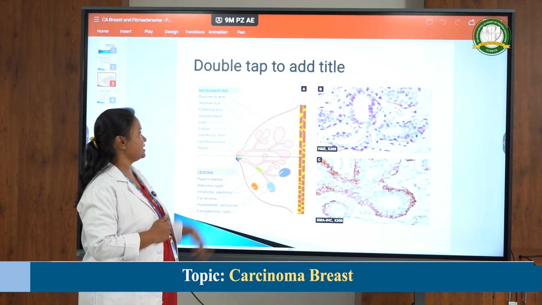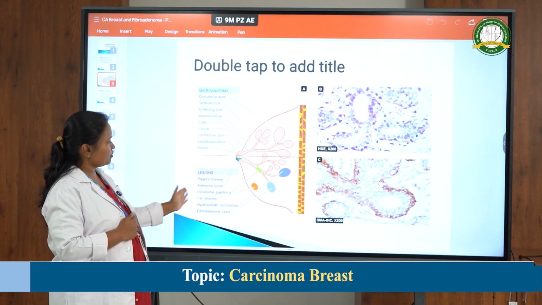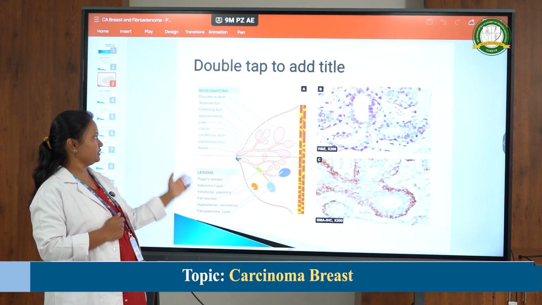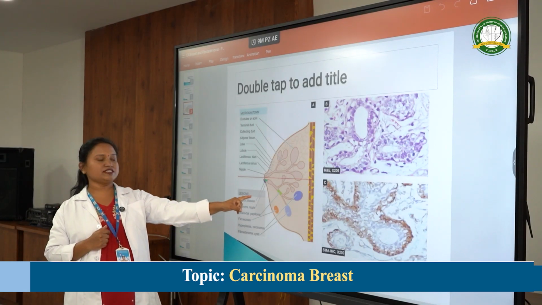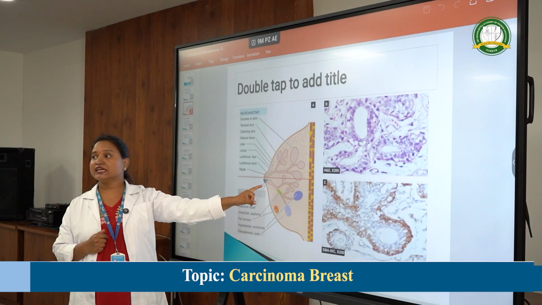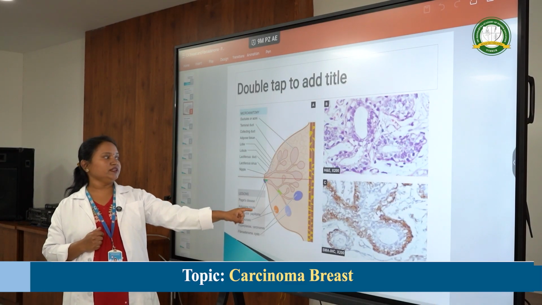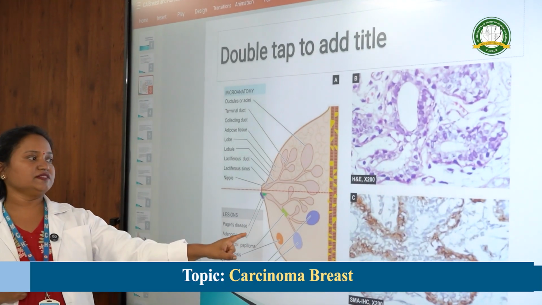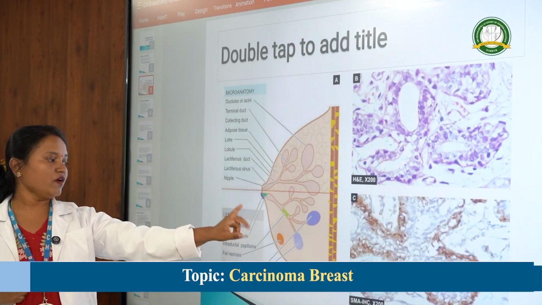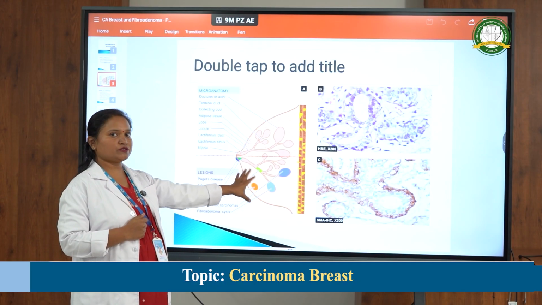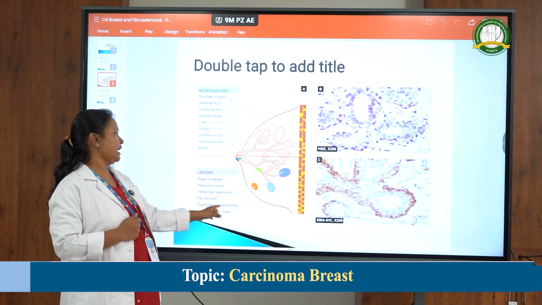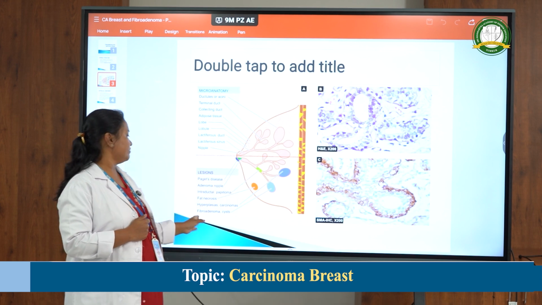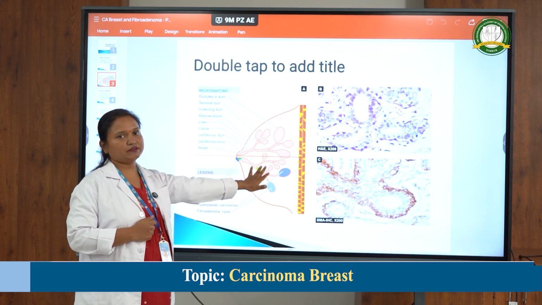So this is the microanatomy of the breast, and also here you can see the lesions which are present according to the microanatomy. You can see Paget's disease, which is always associated with the nipple. Adenoma of the nipple is also very common in the nipple area. Intraductal papilloma is very common in the ductules or within the duct. Fat necrosis is also very common within the breast tissue. Hyperplasias and carcinomas are seen in the terminal ductal unit. Fibroadenoma and cysts you can also see in the terminal duct units.